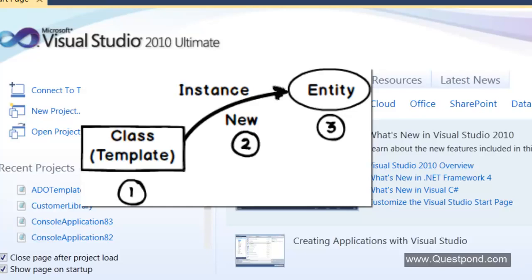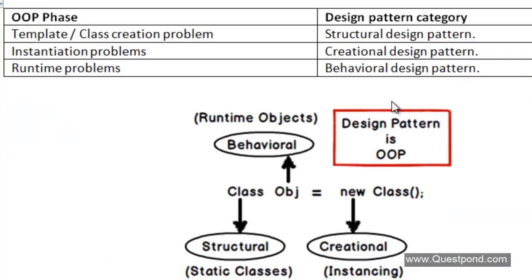So basically, if you ask me, object-oriented programming is a 3-step process. The first thing is you need to create the class, write the code for it. Then you need to instantiate the class, and then you can go and start performing operations on that object or on that entity. Now, creation of objects goes through 3 phases. So when you say that you want to make an entity live inside your computer, you need to do at least these steps. So first thing is you need to go and write a class, write the logic for that entity. Second, you need to use the new keyword and instantiate that entity inside your computer.